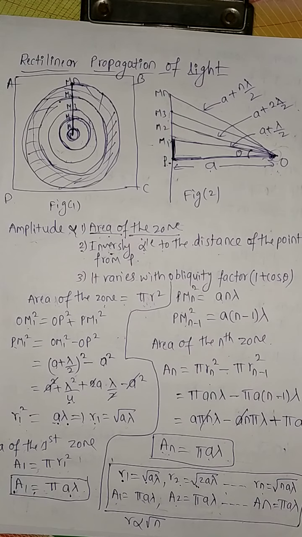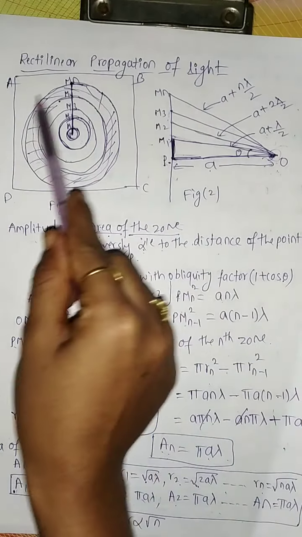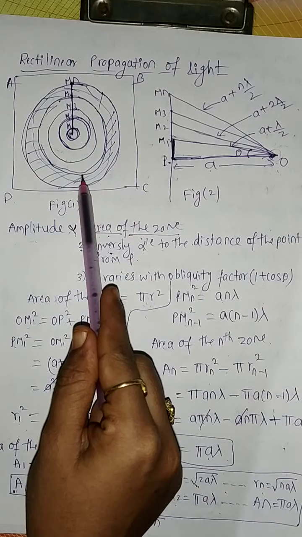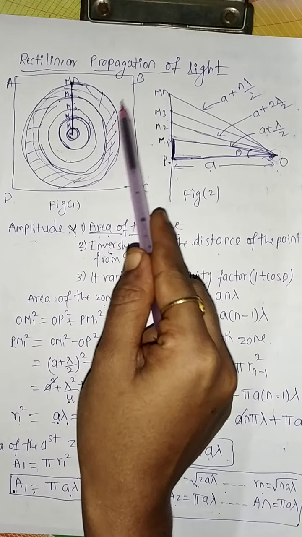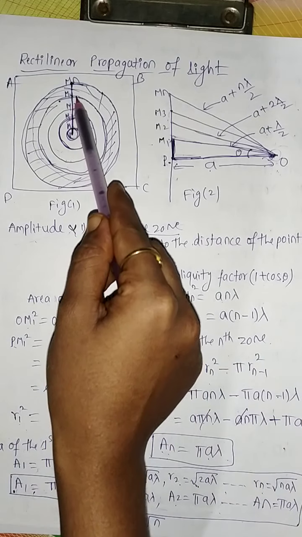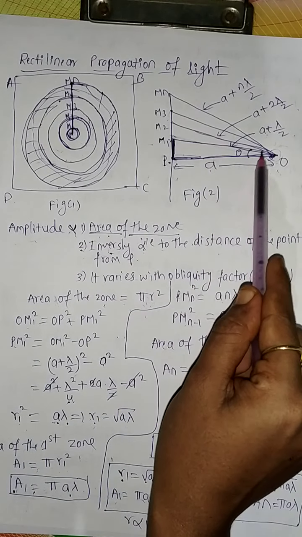So in the last class, as we were discussing the rectilinear propagation of light, half of the derivation is completed, and in today's class we will see the further half of the derivation. As I said, in the rectilinear propagation of light, we are taking a wavefront ABCD, and according to Fresnel we divided the wavefront into many zones, like circles M1, M2, M3, M4, isn't it? And we are going to find the resultant effect at a point O.